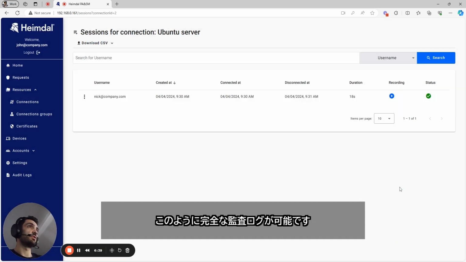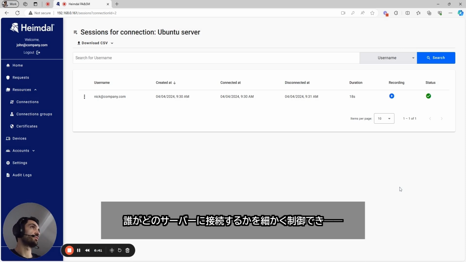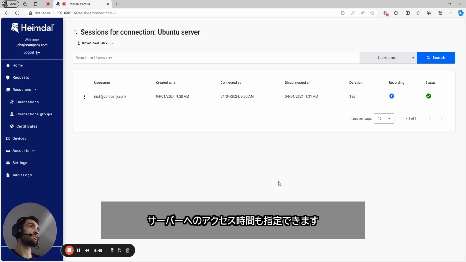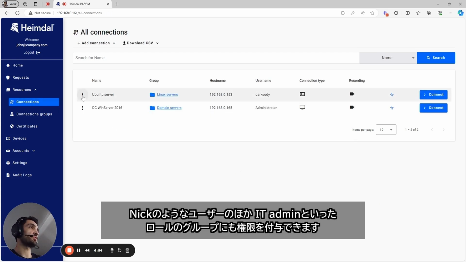This allows a full audit log, so you have control on who connects to what server. You have granular access, timed access to the servers, and flexibility of it, because you can grant Nick permission to a server. You can grant a group of users role to a server, for example, IT admins,